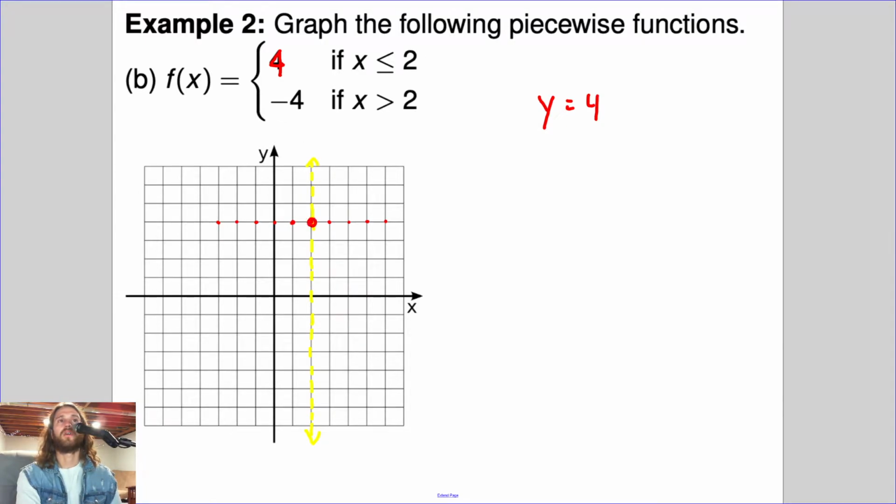So I'm going to put a closed circle on the boundary and then shade to the left. Shade the x values that are less than 2. That is this direction. Now in blue,